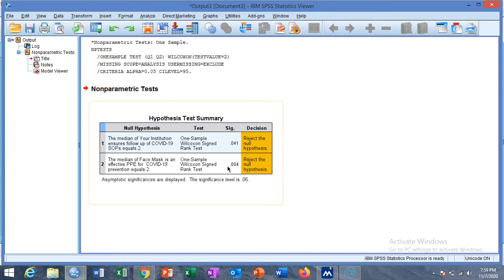That means we reject H0; the population median is not equal to 2. For both variables we have significant evidence that the hypothesized value is rejected, or the population median is not equal to 2.